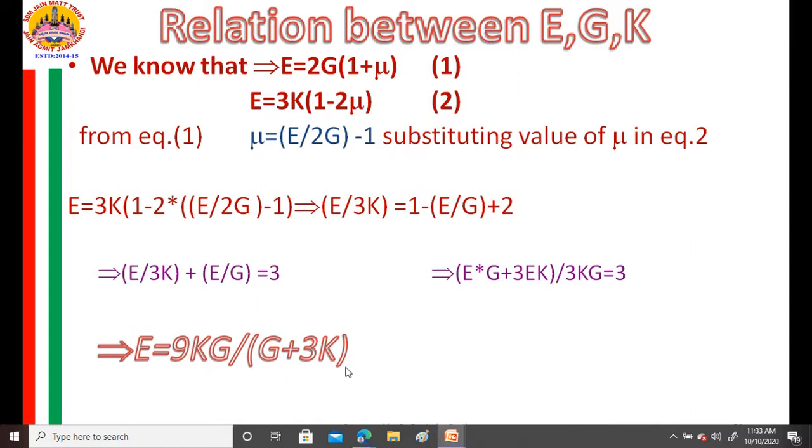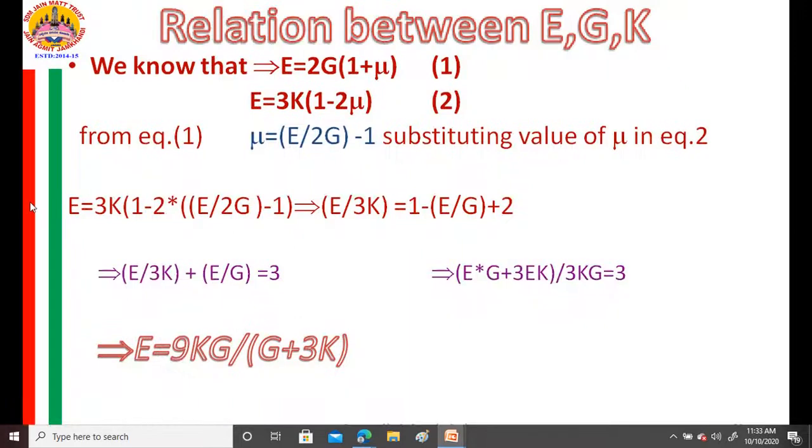In the examination, if he is asking the relationship between the three elastic constants, say at the max for 5 or 6 marks, at that time you need to go for this relation. If he is asking 10 or more than 10 marks, at that time you need to start from the beginning: relationship between E and G, relationship between E and K, then you need to do this one. Here it is simply rearrangement of the terms here and there to get the required expression, meaning we are eliminating the value of mu from both the equations to get the required solution.